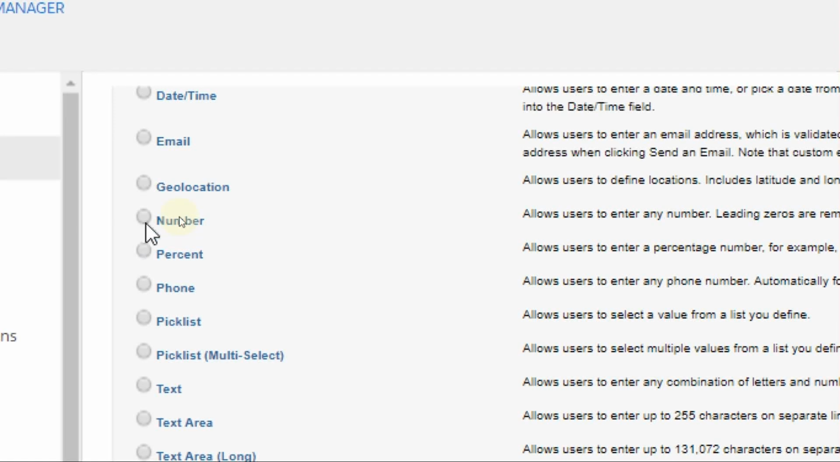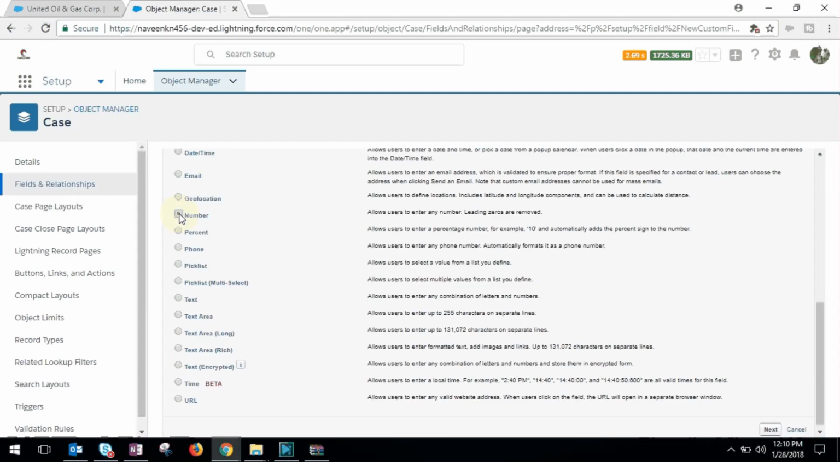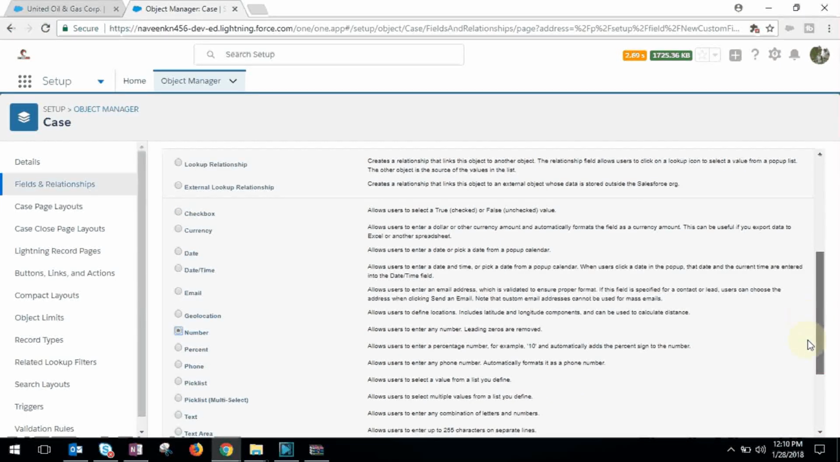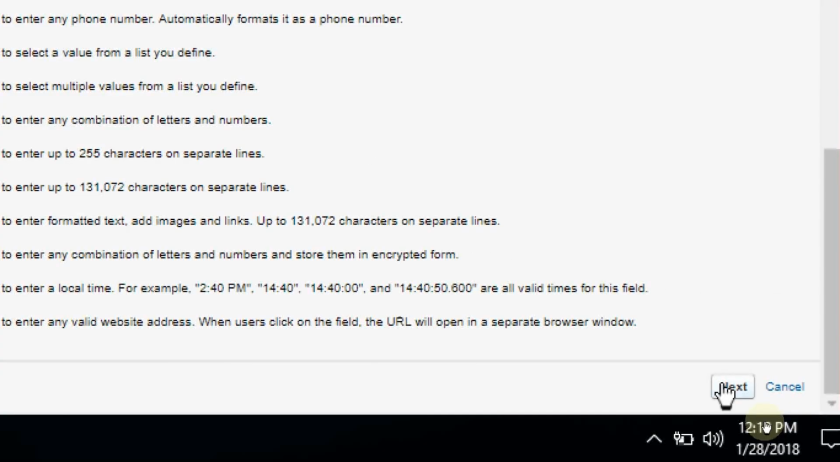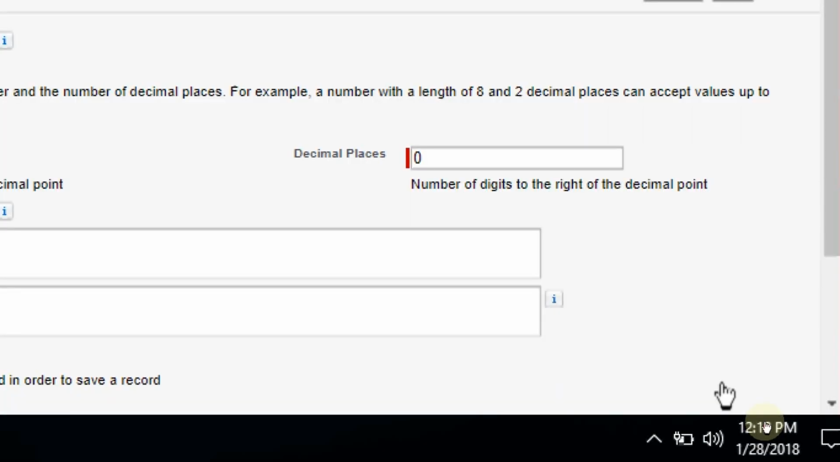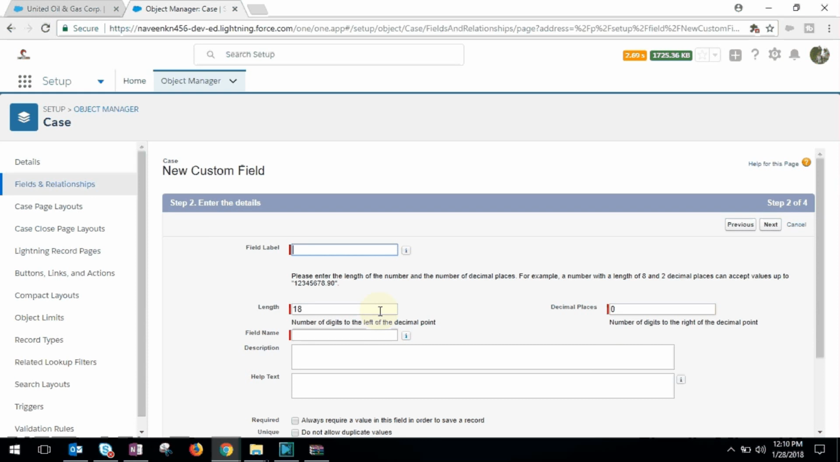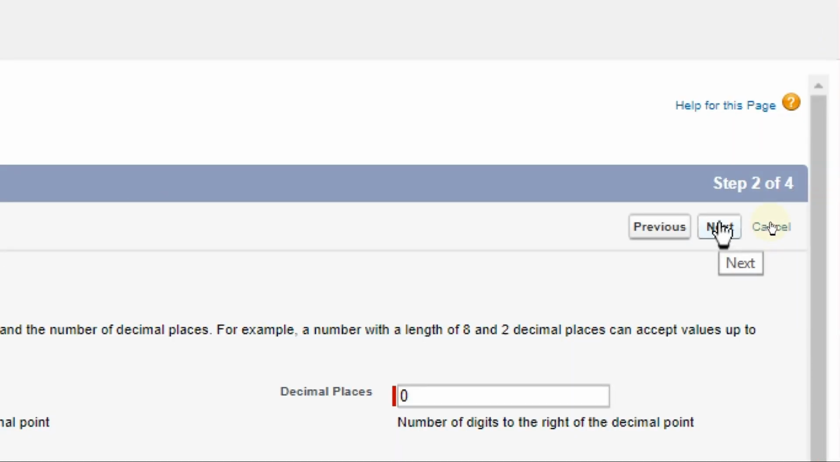Okay, this time we will select the data type as a number, and click on the next button here. The field label is number of missions impacted, and I will write the length as 5. The length of the field here, click on the next button,